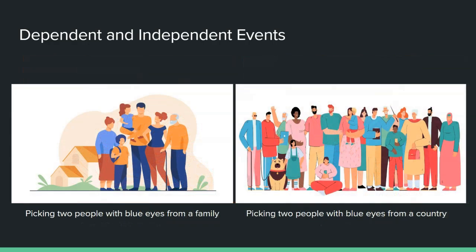Another example of dependent events are picking two people with blue eyes from a family, because having blue eyes within a family is a hereditary trait. An example of independent events are randomly picking two people with blue eyes from a country with a large population. Choosing one person randomly from a large country doesn't really affect your choices for picking another person with blue eyes